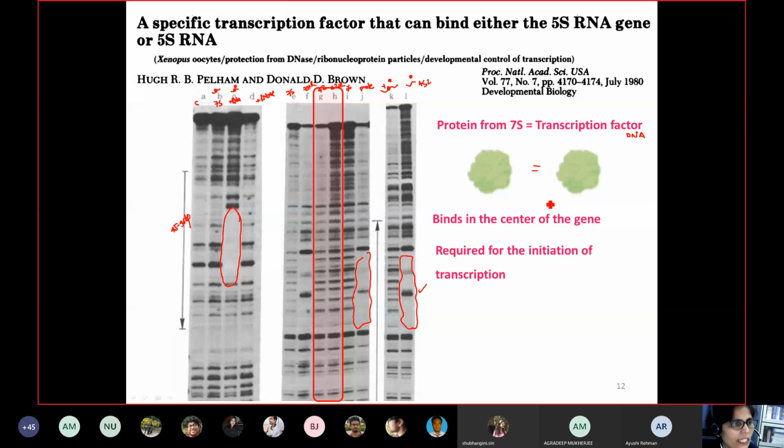It binds to the DNA. It also binds to 5S RNA. And basically, it is a kind of feedback mechanism: if more RNA is produced, that means this transcription factor is not able to bind to the DNA. That means there is less amount of RNA. So somehow its own regulation is controlled by this transcription molecule. So is it clear till now?